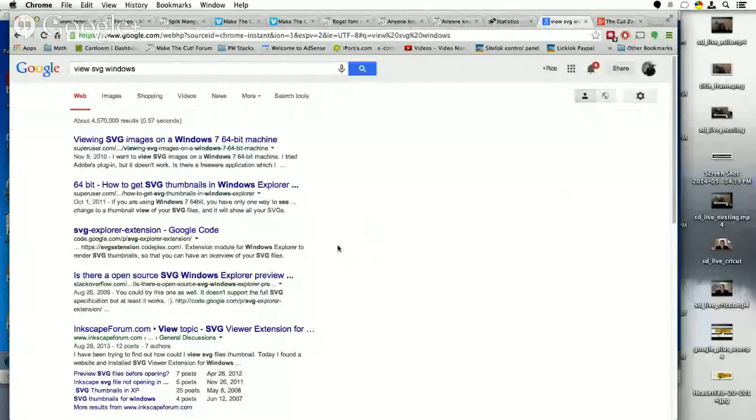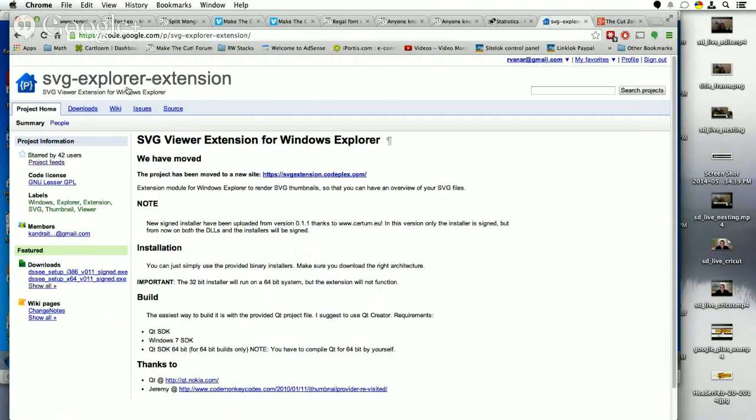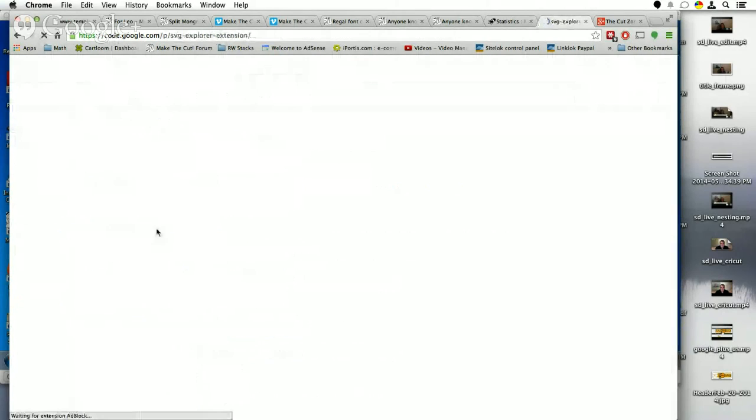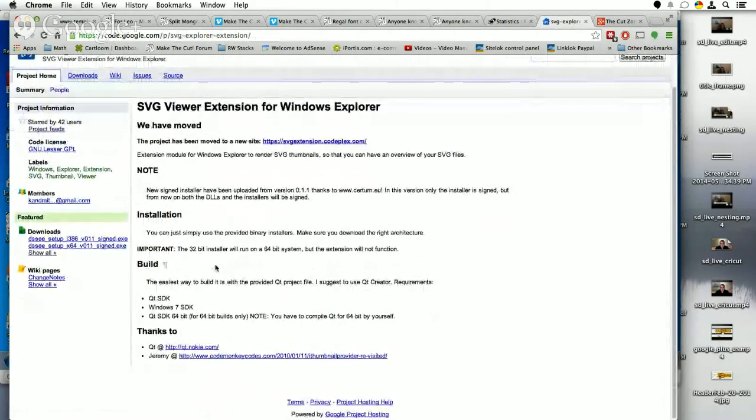If you look over here, this is what I used on my Windows 7 computer. But I don't have any antivirus on my Windows partition. I did read somewhere where it did kick this back as a virus, but I've been using it just fine, so you may want to check into this. All you have to do is a Google search for View SVGs Windows, and this right here, you'll download it,